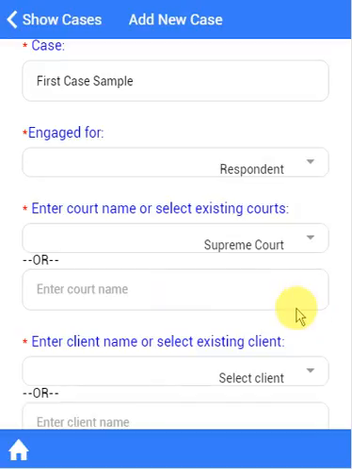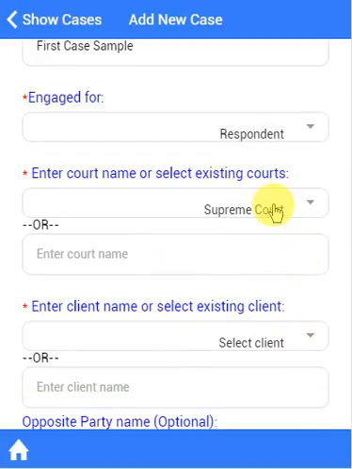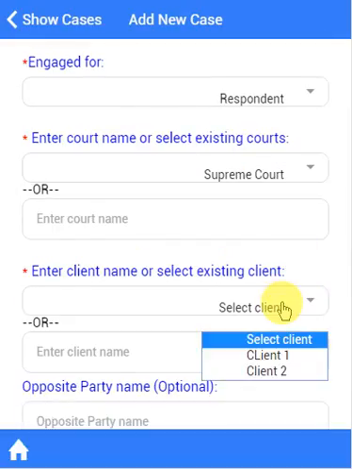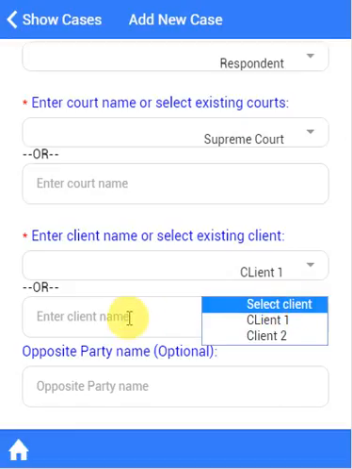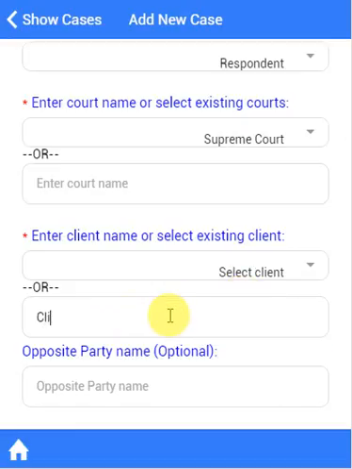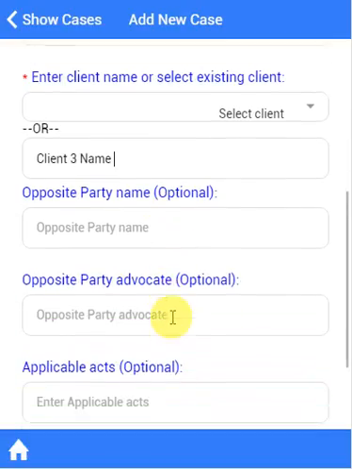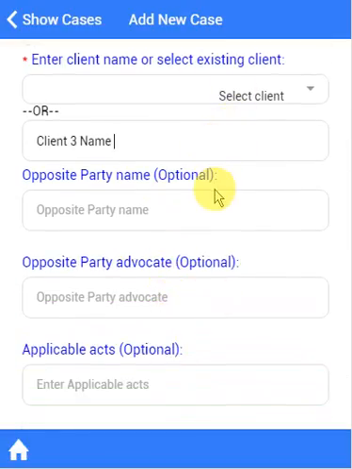So I will click on Supreme Court. If I select any court from the drop down, no need to enter the court name. If I select the client name from the drop down, no need to enter the client name. However, if I don't want, I can enter the client information directly. It will add directly and it will come in the drop down next time.